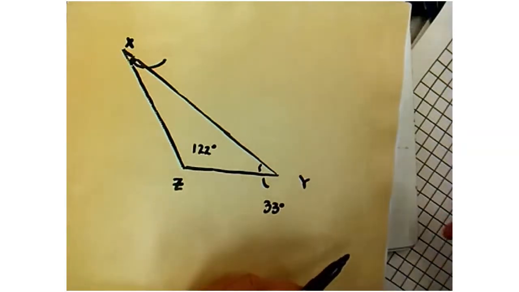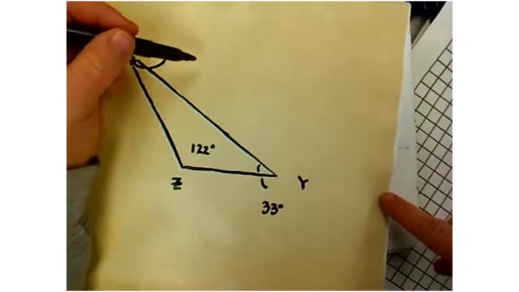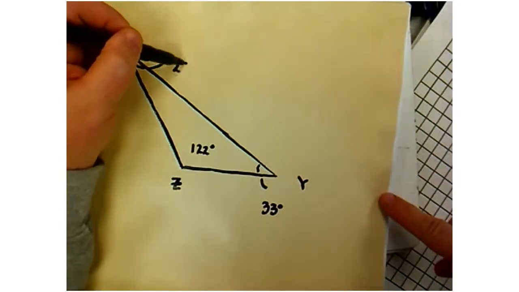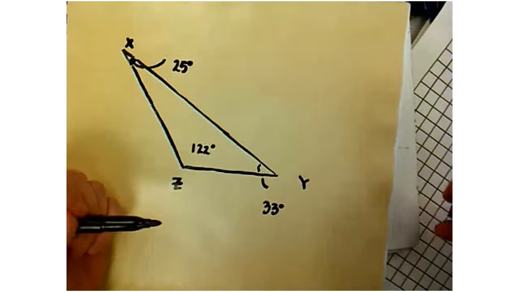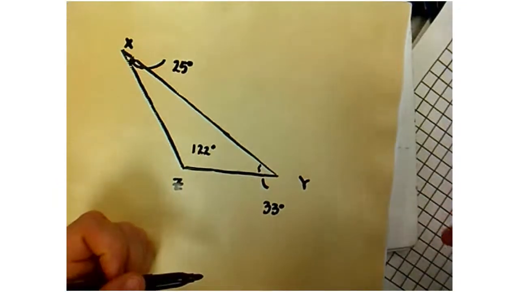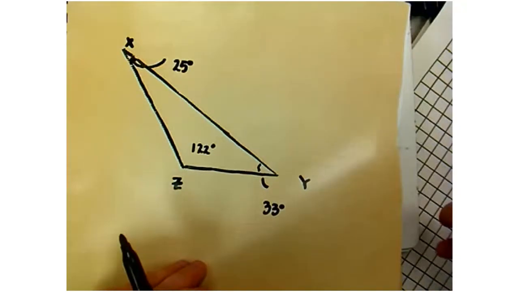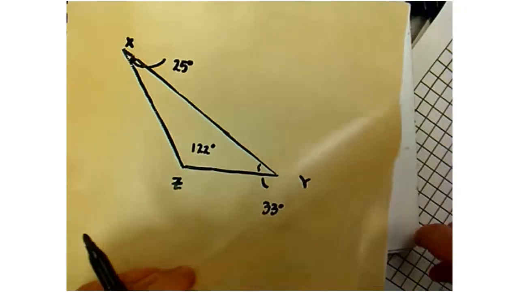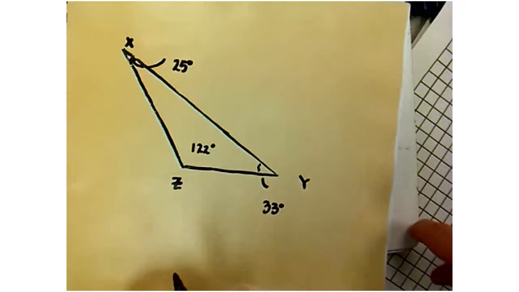How much do those all add up to? I wonder. 25, 33, and 122. 180. It just keeps adding up to 180. I think our deductive reasoning is working. All right, next page on Braille page